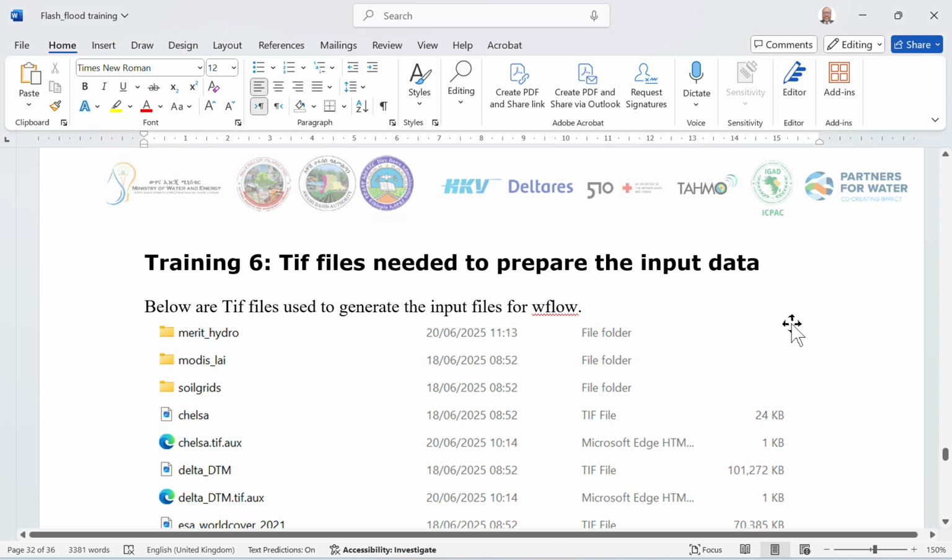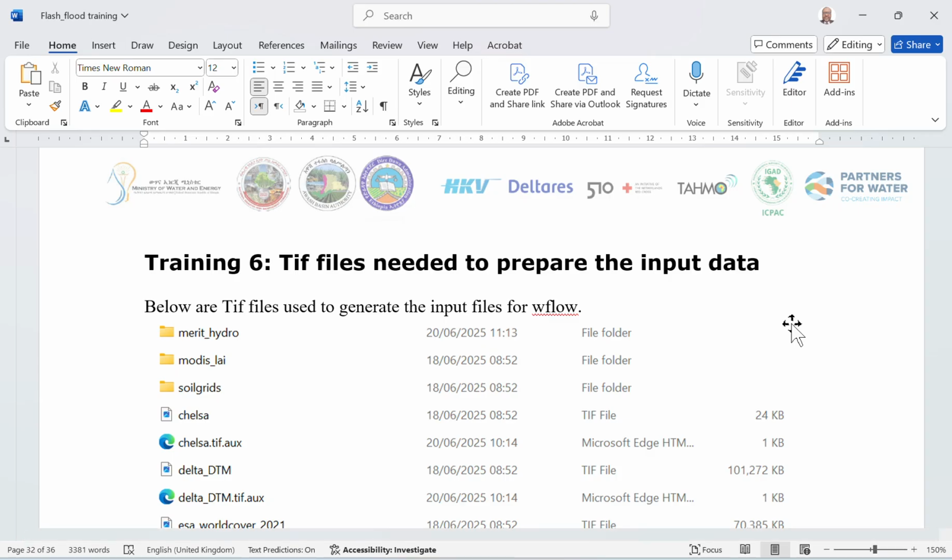Good morning, everyone. This is training 6. It is about the TIFF file that is needed to prepare the input data. So we are going to go together through the key files that we need as an input to generate and to prepare the static maps. So you can download these files, for example,